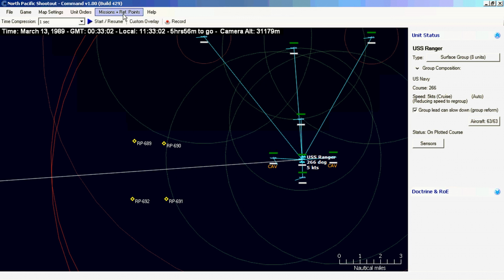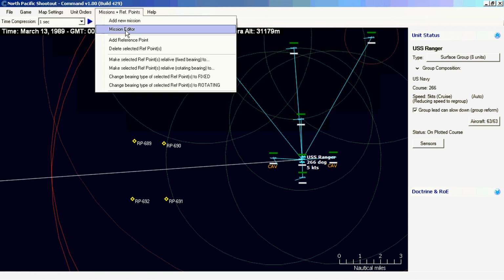With the 4 reference points assigned, we will select and make the reference points relative or rotating. Fixed bearing is the same as the concept used in the assignment of ships inside the formation. Rotating bearing can also be known as relative. So we want the relative. We will set them for relative bearing